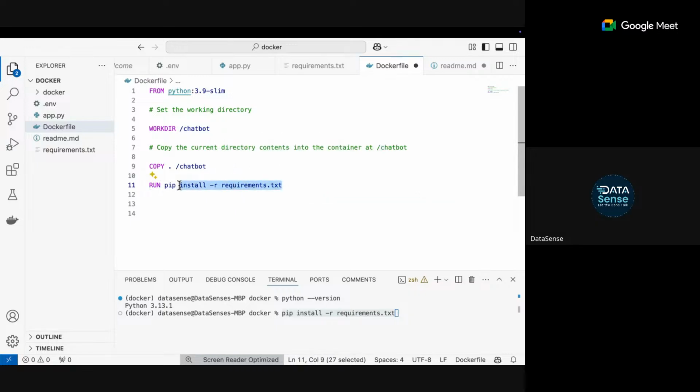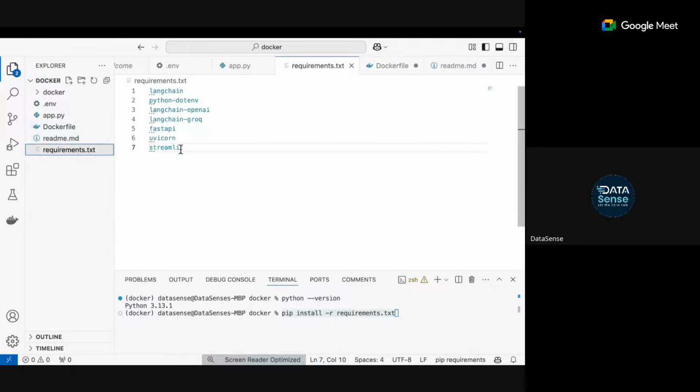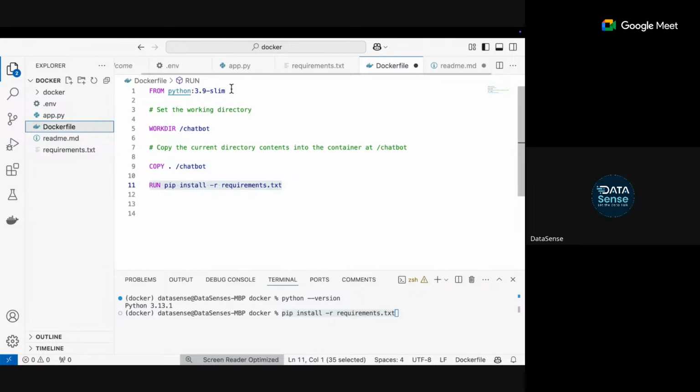Once you run this, all the dependencies which we have listed will install in your Docker container. Okay. So with this, I installed Python and OS. I set up my folder, I copied my files, and now I have installed the dependencies. Okay. Is it clear, guys?